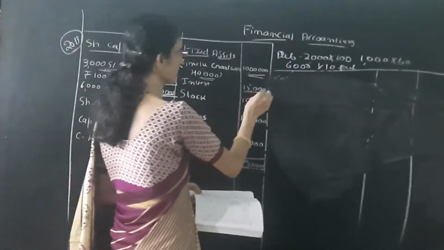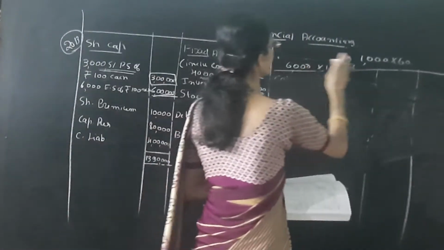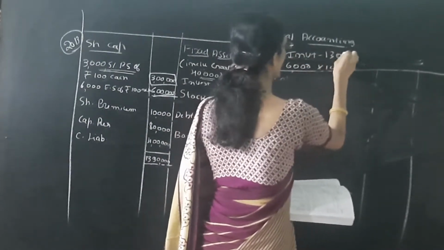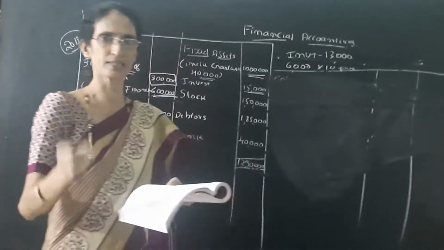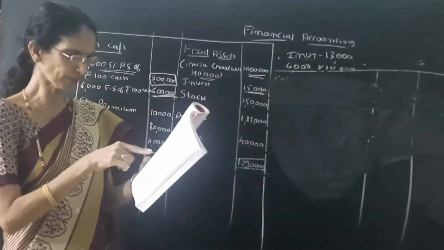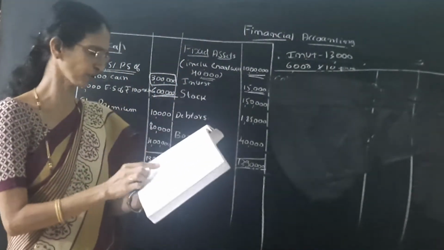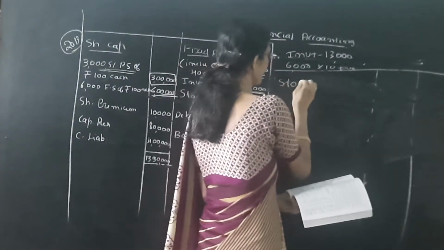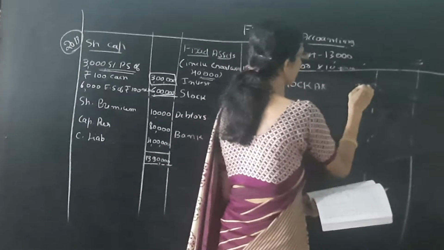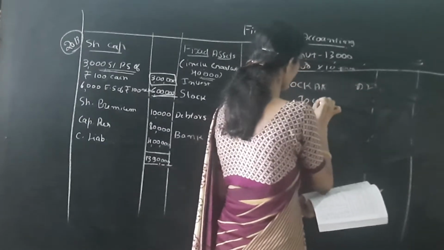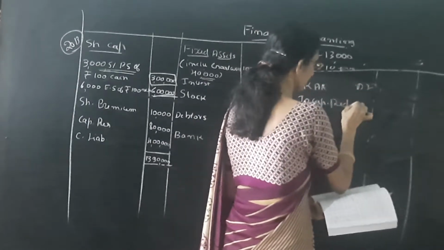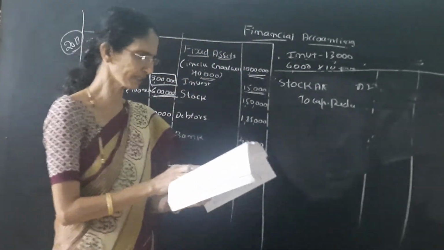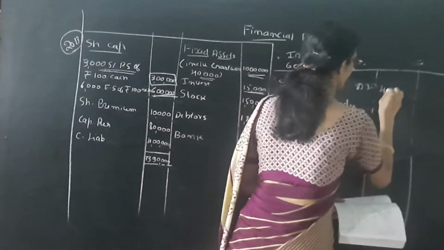Now the investment is 15,000, valued at 13,000, which means it is reduced. So, depreciation is the last entry. Only one increase is there, the stock account. So first we can pass the entry for stock account. The entry is stock account debit to capital reduction account, because it is an increase in the value of stock. So it is increased by 4,000.